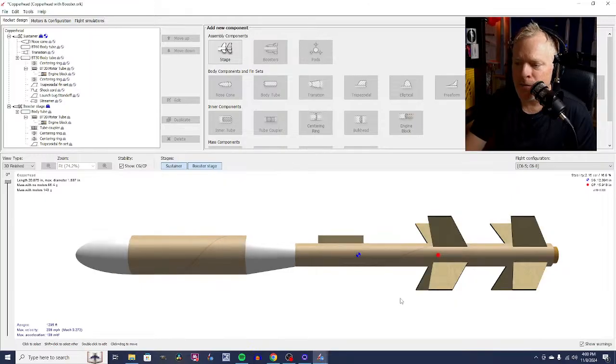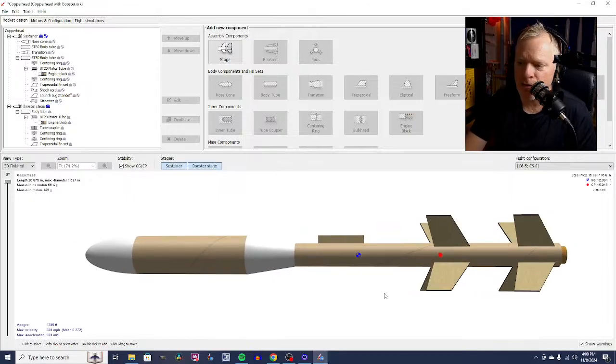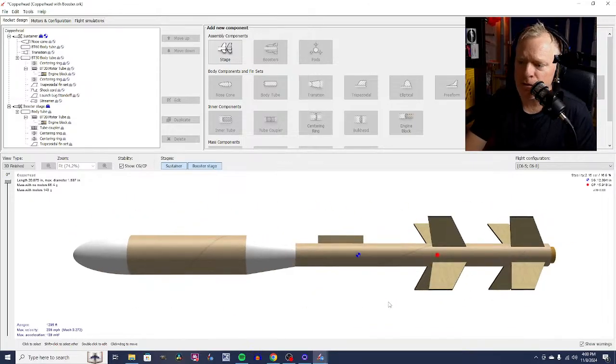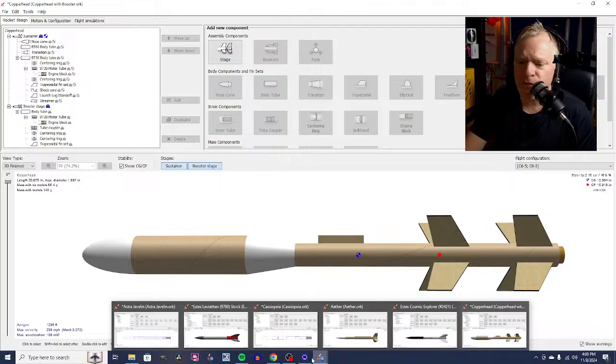You start out in model rocketry and you think all the fins have to go backwards, but they don't. They will stabilize the rocket going forward. And it just looked so darn cool. And then to put a booster on there and have this set of them, I tried to find